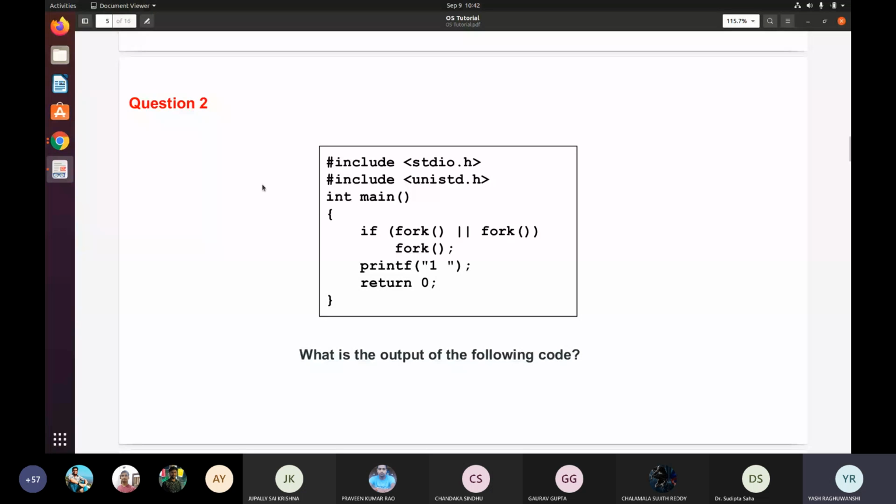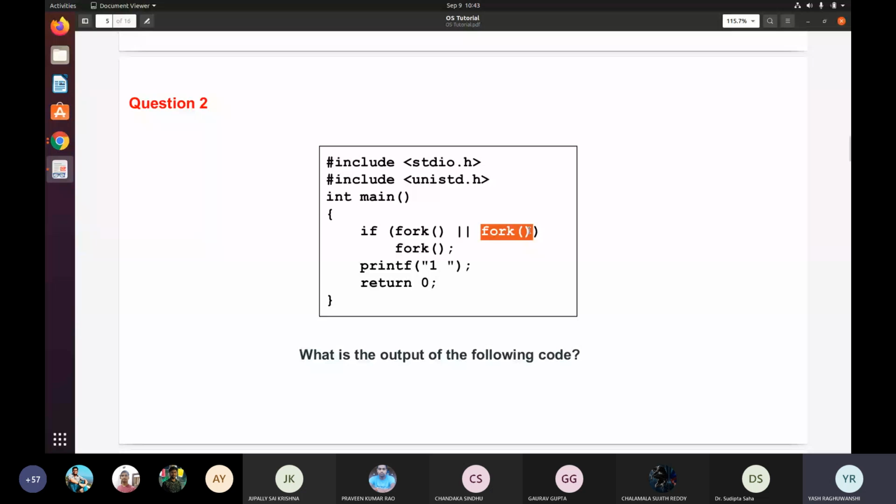One thing you need to know when you are doing OR: just consider this is statement 1 and this is statement 2. Whenever we are doing an OR operation, what is one thing you need to note? Suppose you are getting a true value from statement 1, and this is an OR statement, so it won't go to the other statement to check. It will directly come into this block. But if here it gets a false value, then it has to check whether the other is false or true. This is the concept you have to follow here.